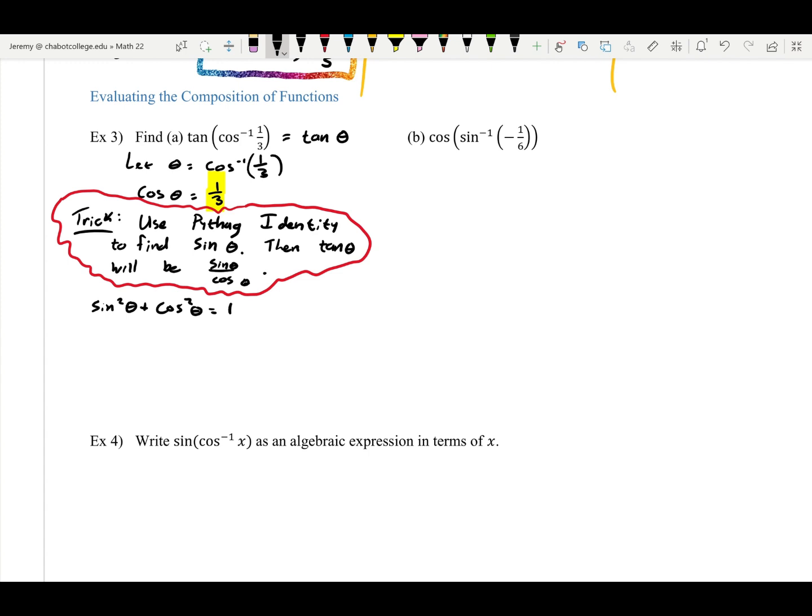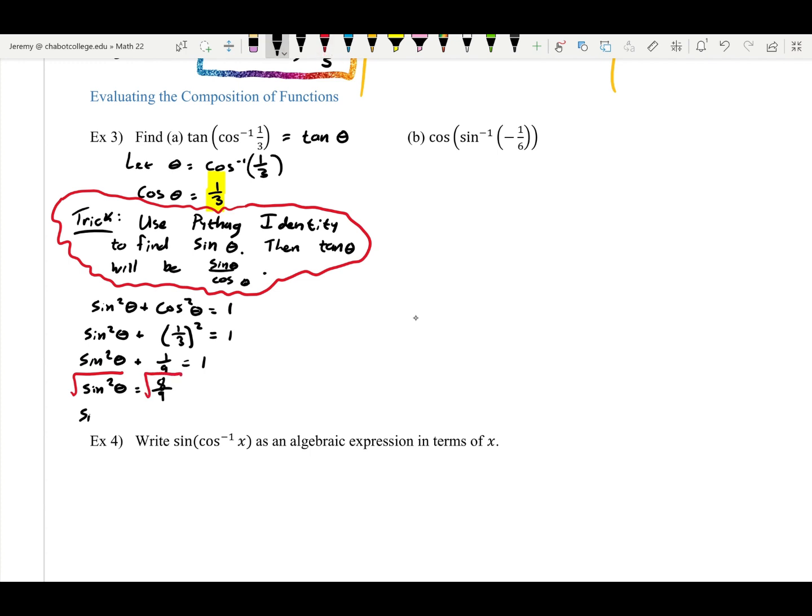Okay? So I'm going to substitute in the value that I have for cosine of theta. So I'm going to put in 1/3 squared. Okay, so sine squared theta plus 1/9, that's what I get when I square that, is equal to 1. So sine squared theta is going to be equal to 1 minus 1/9, which gives me 8/9, like that. And to finish solving for sine, I'm going to take the square root of both sides,